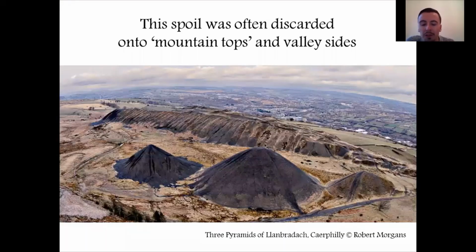And the spoil, which is just the waste material left over from that coal extraction, was discarded on the valley tops and valley sides, and has become an iconic feature in the landscape of the South Wales valleys. As you can see here, some of them are very dramatic. So here you've got the three pyramids of Llanbradach, just north of Caerphilly, which are very, very dramatic in